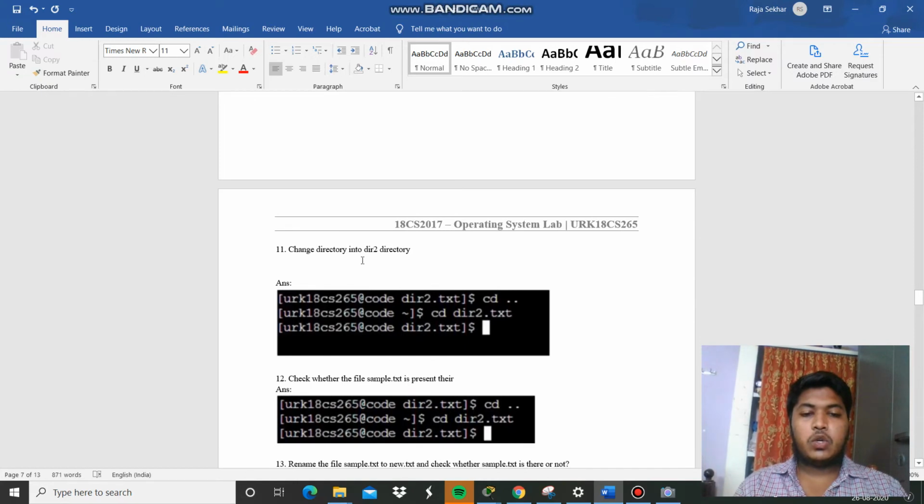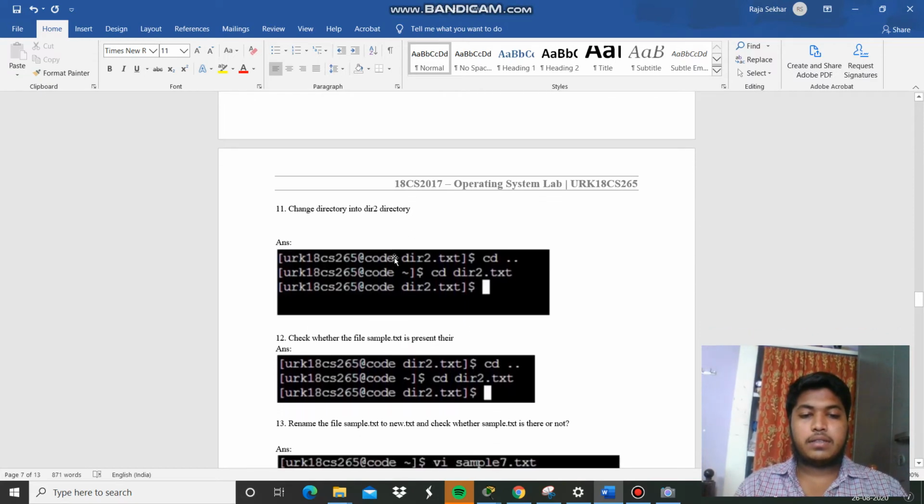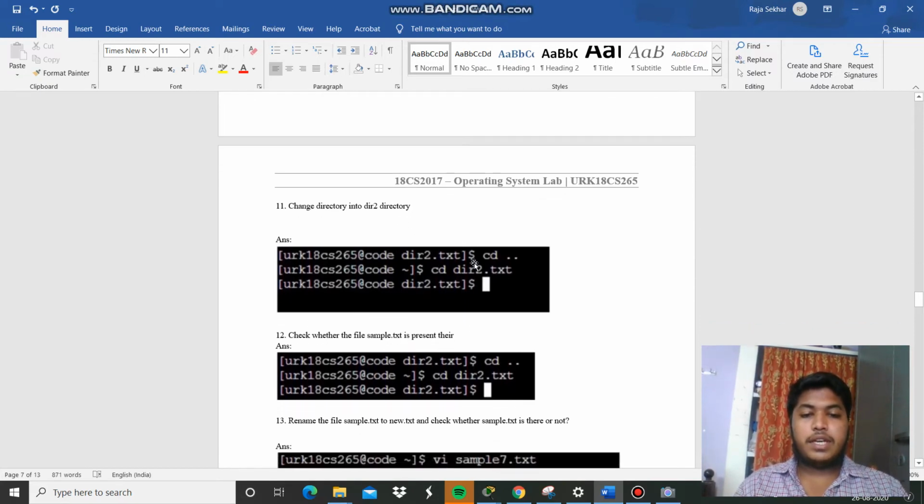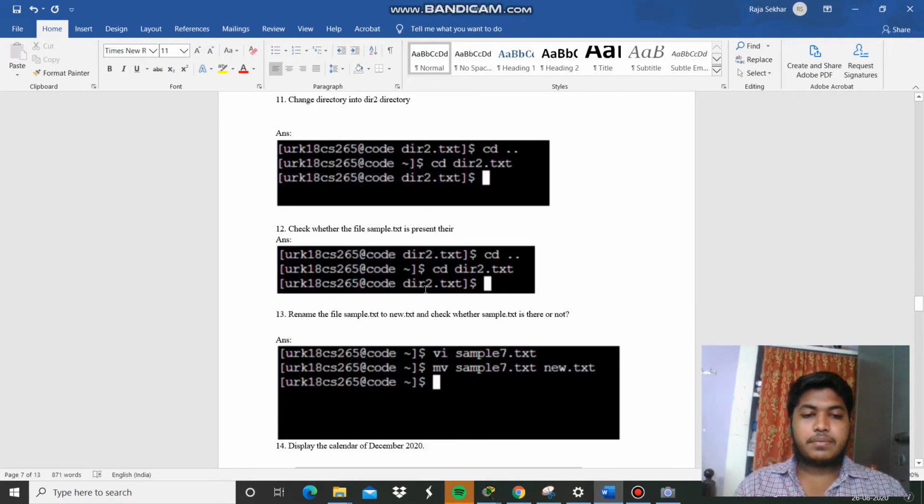Change directory into dir2: cd dot dot, cd dir2.txt, and this one is changed into dir2. While using cd dot dot, we are having nothing here. And after using cd space dir2.txt, the dir2.txt is added here.